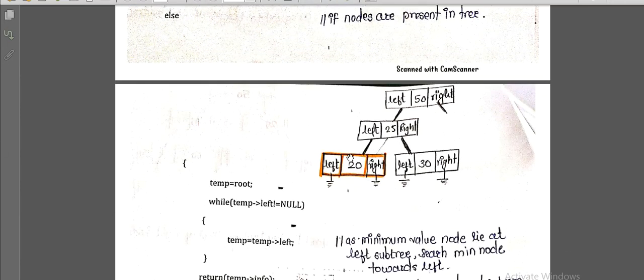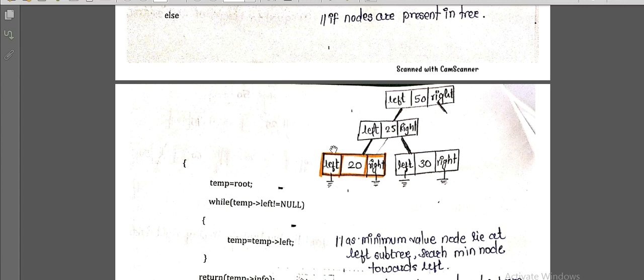Means if no node is inserted in the tree, we cannot say the minimum element in the tree, so we can display the tree is empty. Else some nodes are present in the tree, then we'll assign the root to temp. We'll say my root element is my temp element, and we'll move that temp of left one level below until we are reaching the null node.